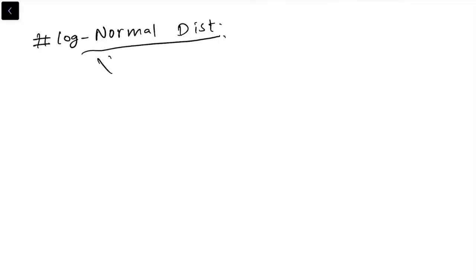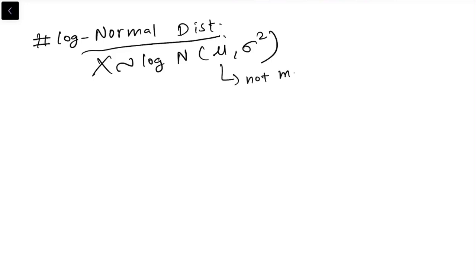The notation is x follows log normal mu sigma square. Now here this is not mean and this is not variance. This is not the case in log normal. Log normal is slightly different,